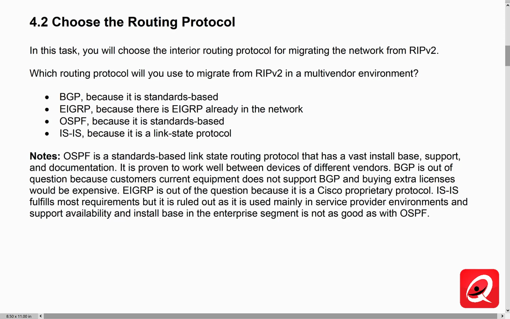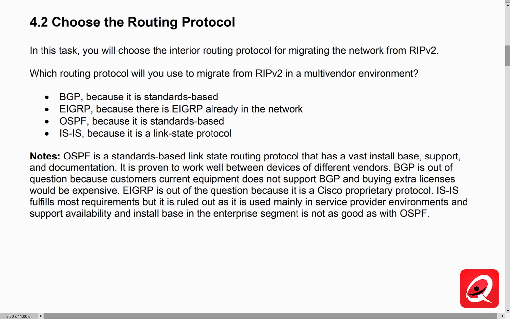It is an exterior gateway protocol, so it's supposed to be used to route between autonomous systems, not to route internally within our autonomous systems. So the protocol that we should choose in our design to improve the overall network operations and convergence